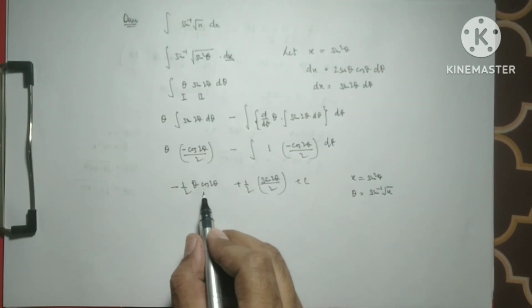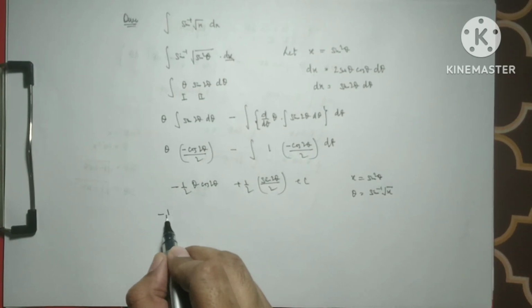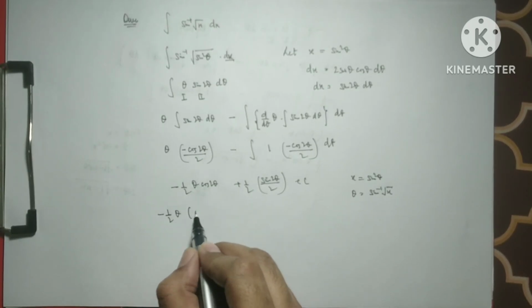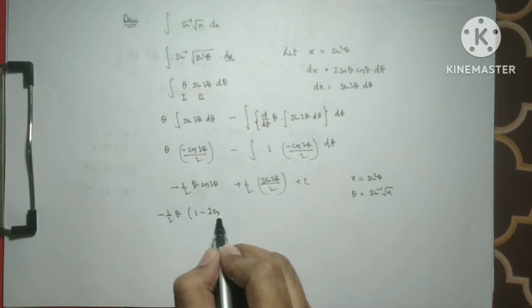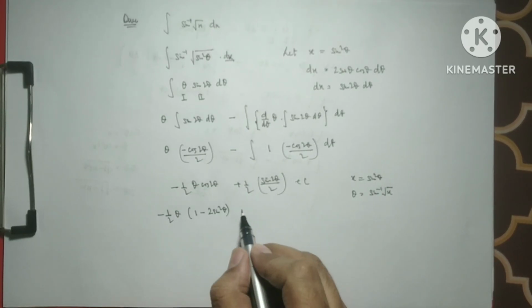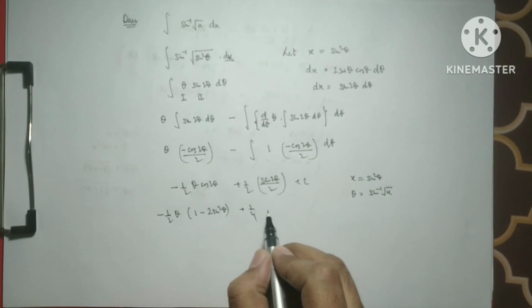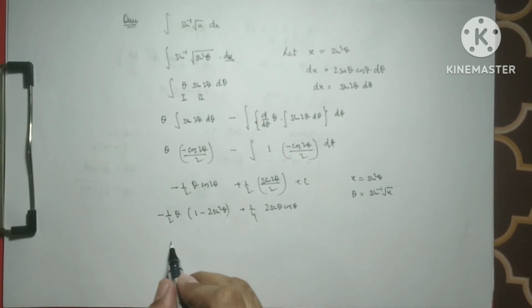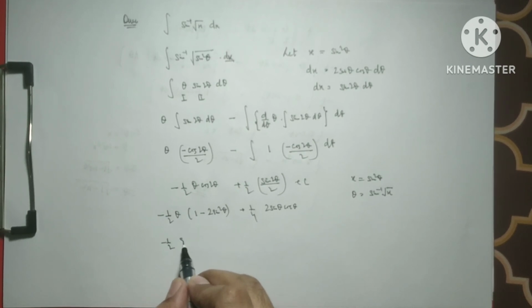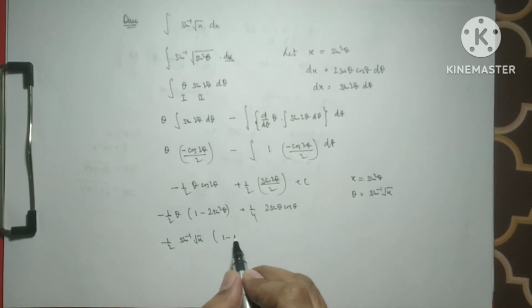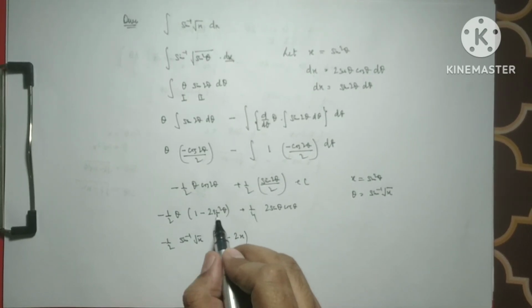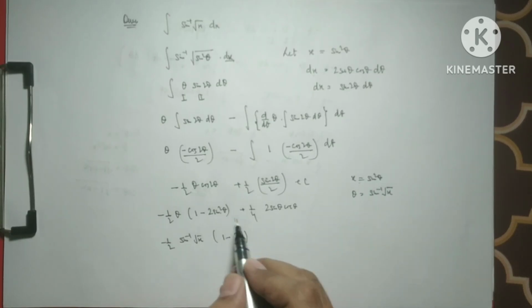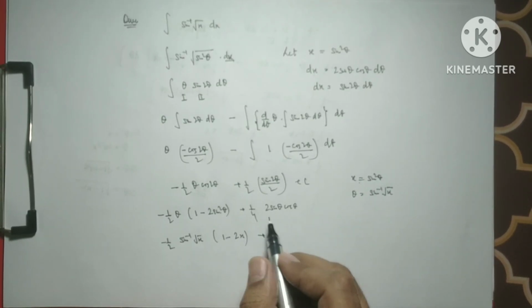And cos 2 theta, we can write as 1 minus 2 sin square theta, and this is 1 by 4 times 2 sin theta and cos theta, and this is half theta, where theta is sin inverse root x, and it is 1 minus 2x. So sin square theta is x, so we substitute this plus 1 by 4, or you can say 1 by 2,